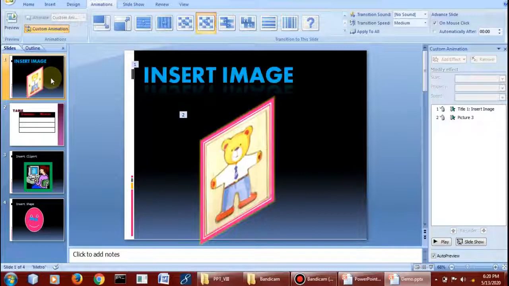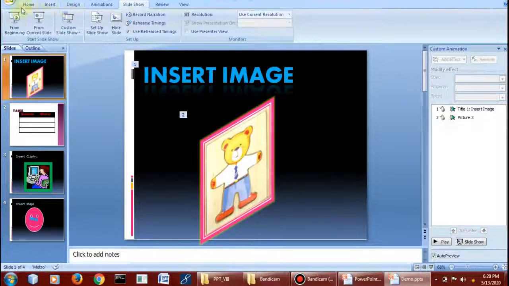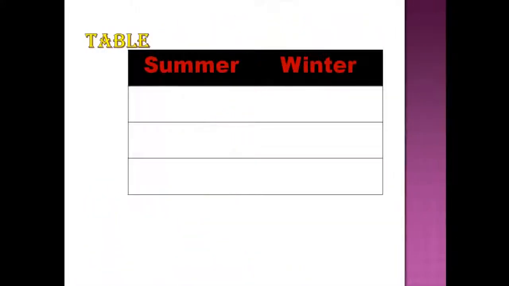Now I am going to show you how you will run it and see the changes from the beginning. See, this is the transition. Then I have to press the enter key. Insert image is coming. This is your animation. This is the entrance effect. See, nothing is showing on your screen because you have given the entrance effect for this particular slide. Fine. On the next slide you haven't given the entrance effect, so text will not appear.